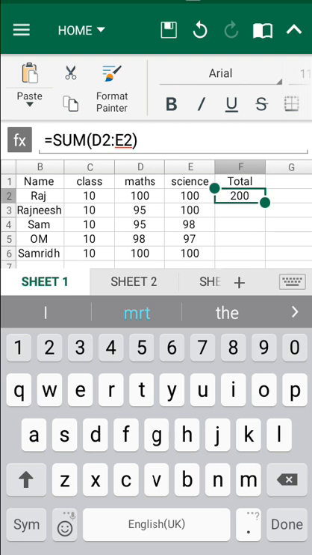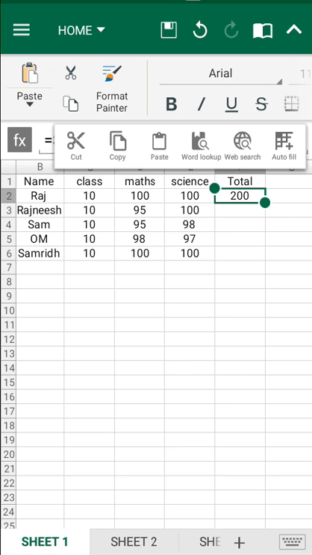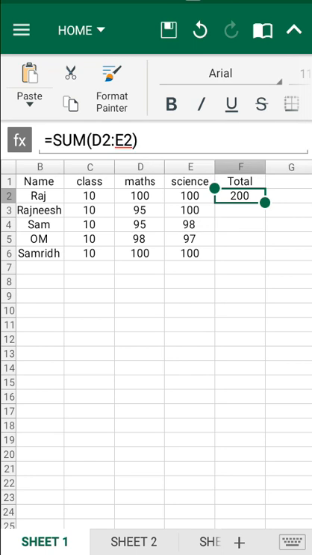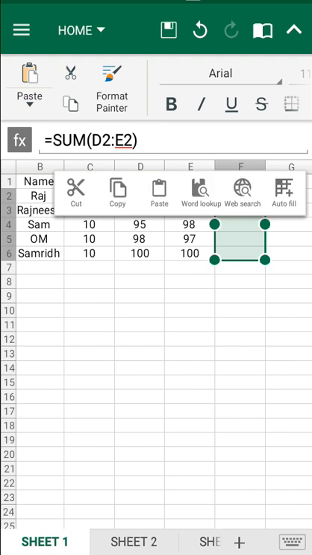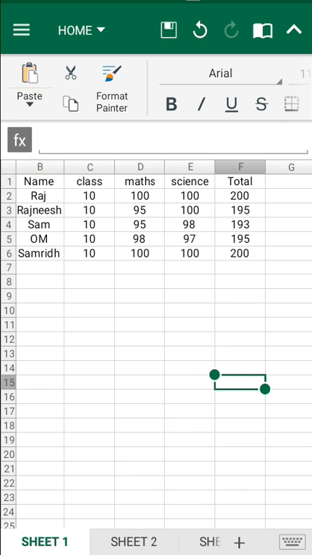Or simply I'll go to copy, drag it just like that, and click on paste. By doing that, the total of the cell range will be calculated automatically by the sum function.